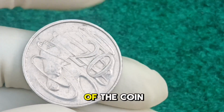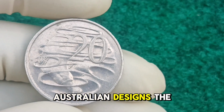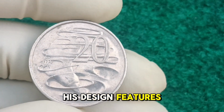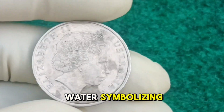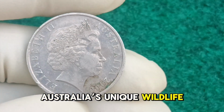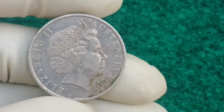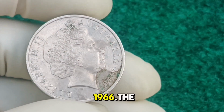The reverse side of the coin showcases one of the most recognizable and beloved Australian designs, the platypus, created by the famous artist Stuart Devlin. His design features a beautifully detailed platypus swimming through rippling water, symbolizing Australia's unique wildlife and natural beauty. The platypus design has remained one of the nation's favorite motifs since its first appearance on the 20-cent coin in